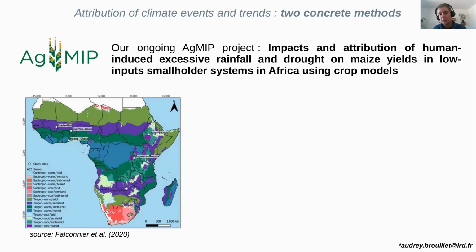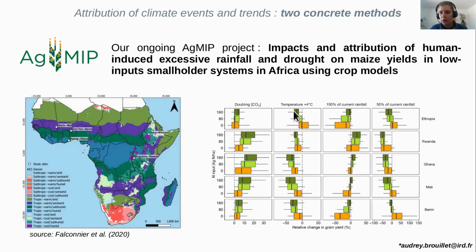And we compare the two of them for 5 sites in Africa, so 4 sites in West Africa and 2 sites in, well, extended East Africa. And we compare what the yields are. It's a very ongoing project. We are trying right now to compare if there is an attribution, if there is a significant difference between factual yields and counterfactual yields, due to extreme climates, and more importantly, in systems where you don't add that much